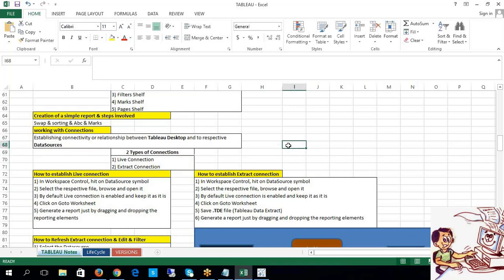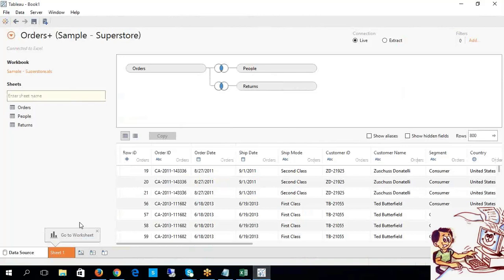Look at this. So you have the live connection. Once you have this live connection, you go to the worksheet. Now look at this. When I hit on the worksheet,